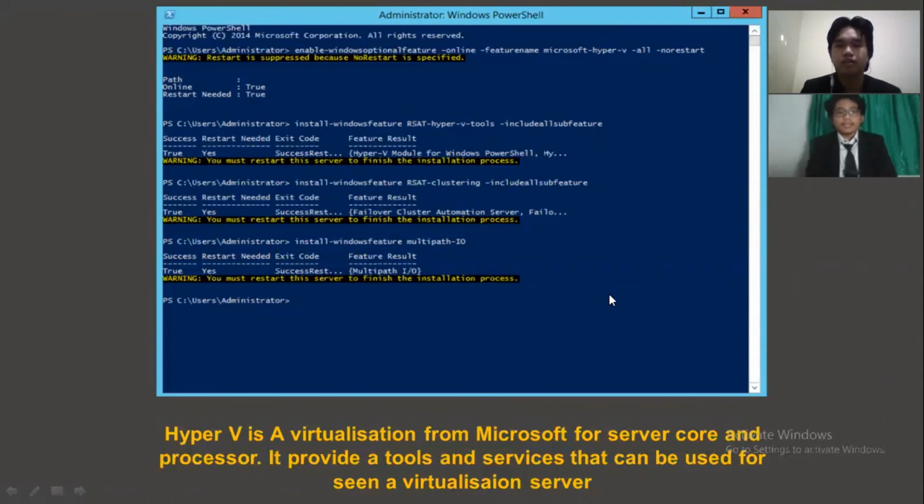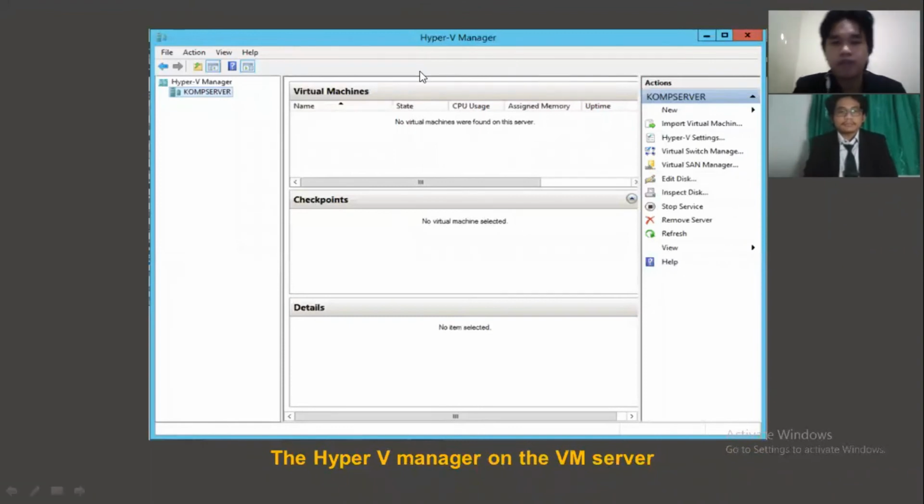From the picture, as you can see, here are the steps to install Hyper-V using PowerShell. After you install Hyper-V using the PowerShell method, here is the Hyper-V manager window. You can add new, import, settings, edit, stop services, remove server, and so on. And this is the Hyper-V manager of our COM server, or our domain. The Hyper-V manager of the VM server is this.